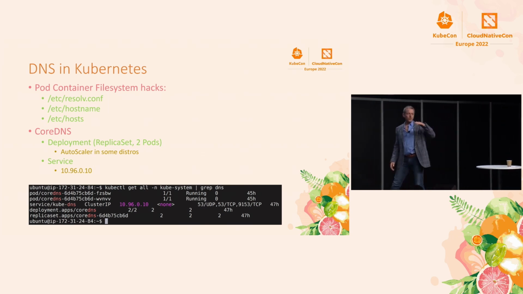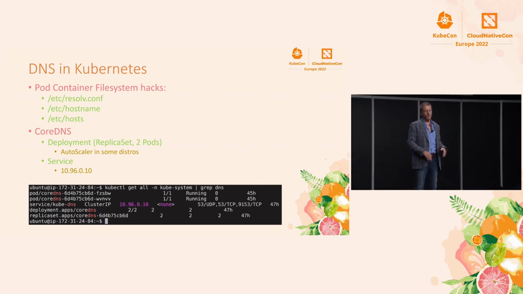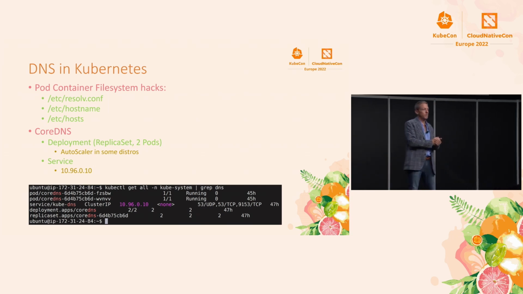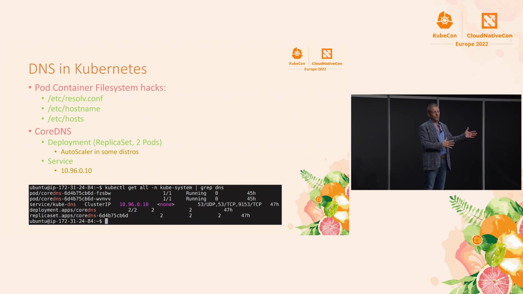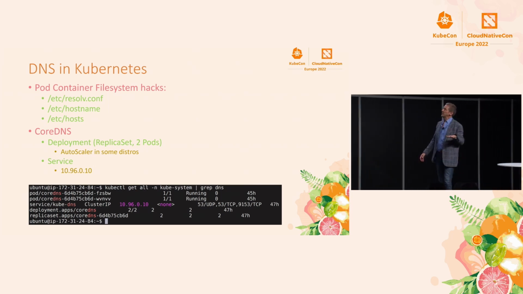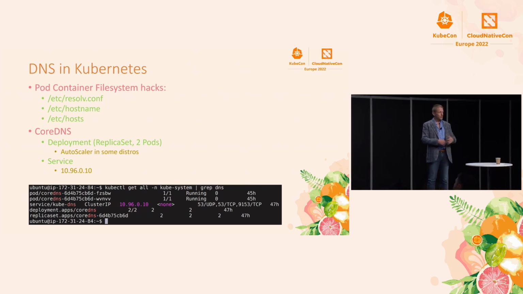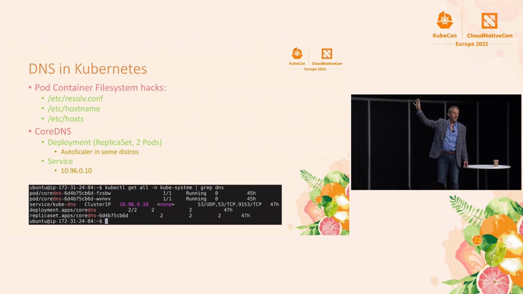Every Kubernetes cluster runs core DNS by default. Some distros change it and use something else, and some distros configure core DNS in different ways. But there is a DNS server built into Kubernetes, and when you use the reference installer, kubeadm, you get core DNS, which is another CNCF project, one of the earliest ones. And so core DNS will automatically resolve service names inside your cluster to their virtual IPs, so that you can just use names instead of IPs, which is great. But that means those 3 files have to be correctly configured. And so it's the kubelet that understands your Kubernetes environment and sets these files up so that your pod works.